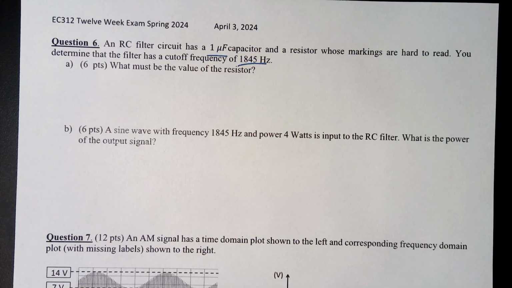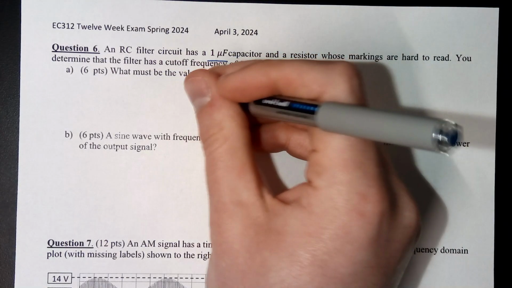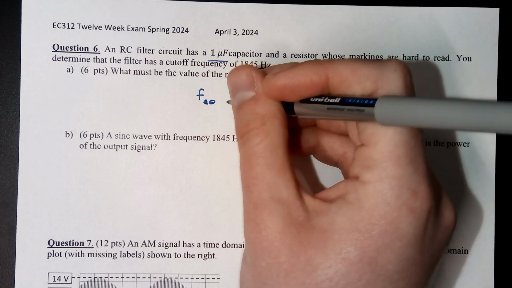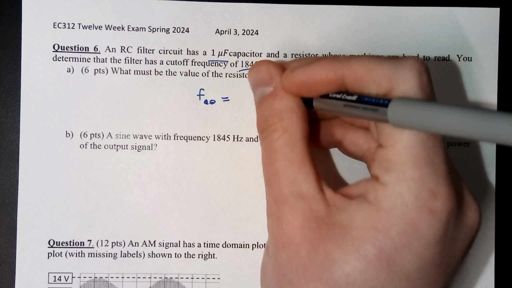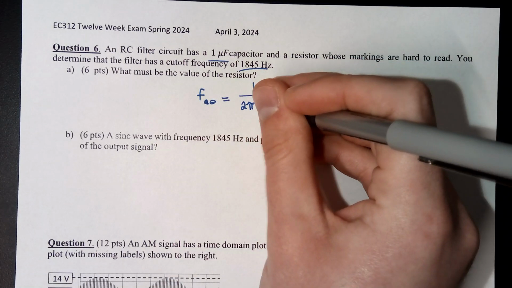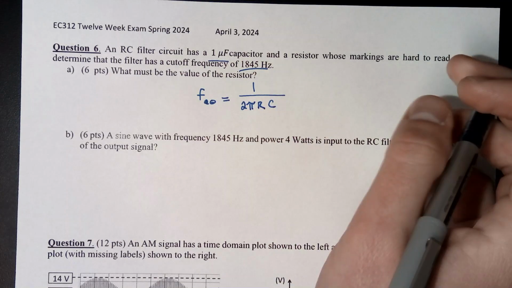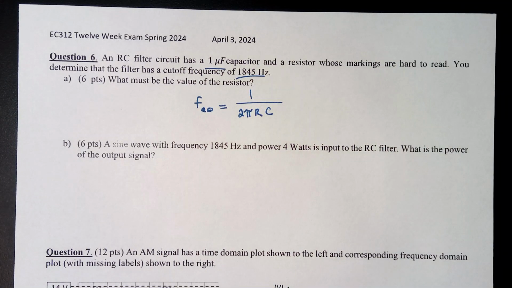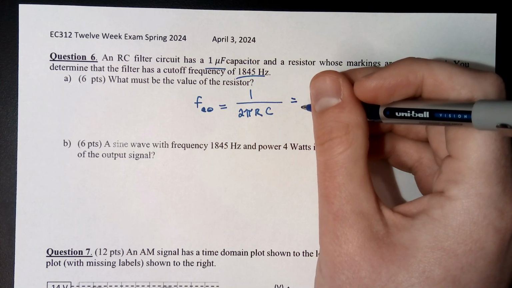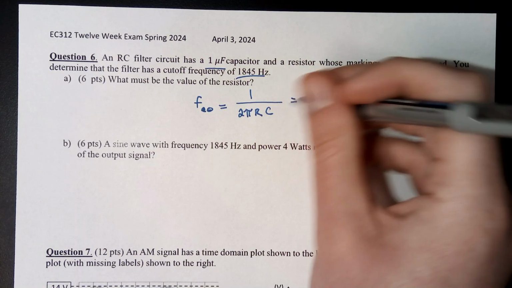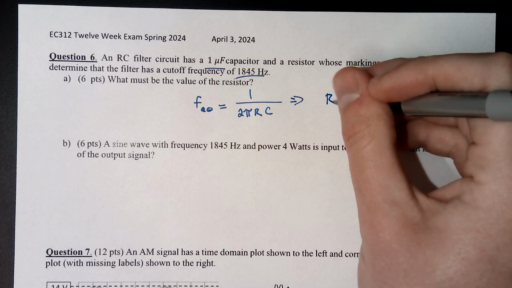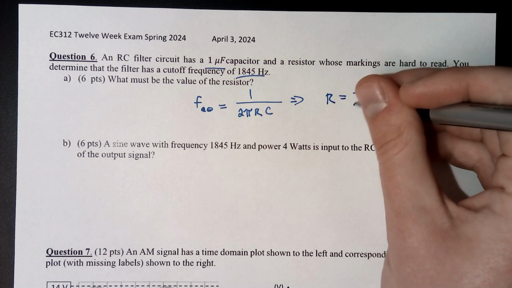So we're going to use the equation that we should know or have on our cheat sheet, which is FCO, the cutoff frequency, equals 1 over 2 pi RC. And so we're going to apply the values that we know to this. We can reconfigure this equation. We're solving for R. So we have R equals 1 over 2 pi